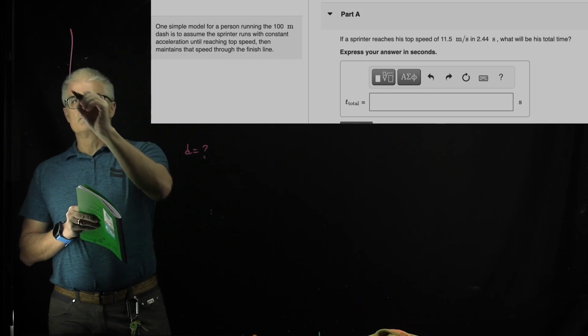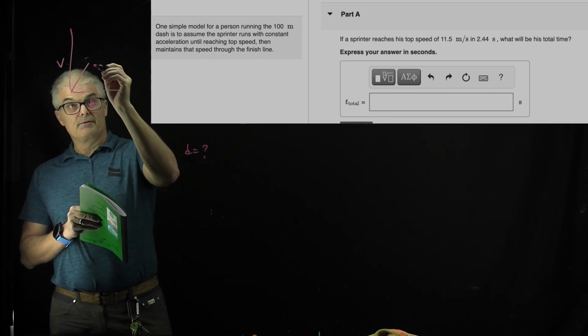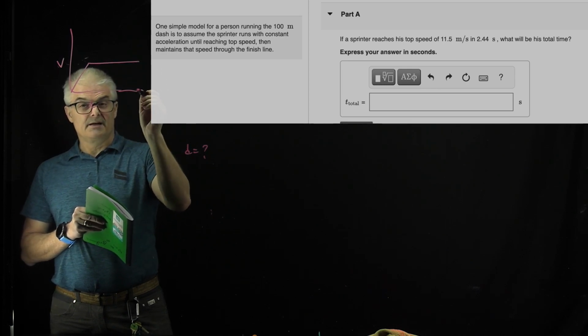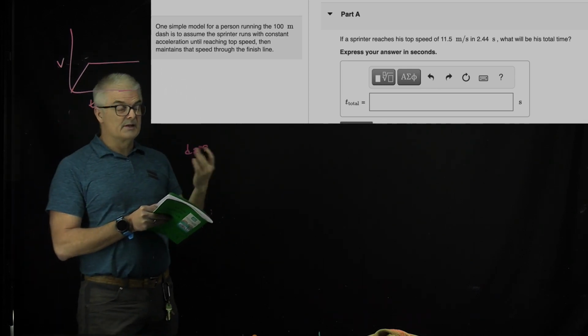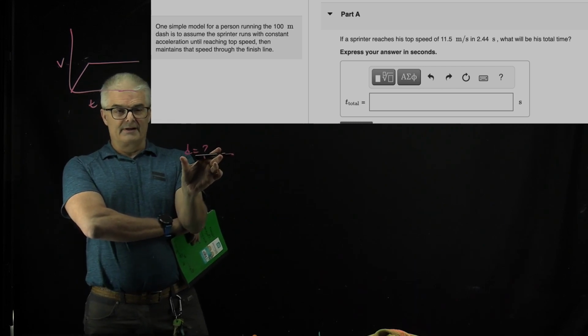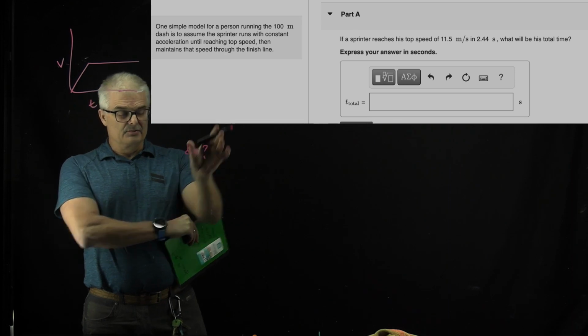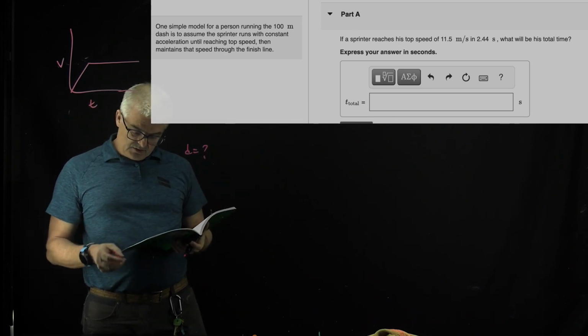Because what the person is doing is, if this is v-t, they're going to accelerate for that 2.44 seconds, and then they're going to maintain a constant 11.5 meters per second. We want to figure out their total time, but we also want to figure out the distance. So what I did is I used equation